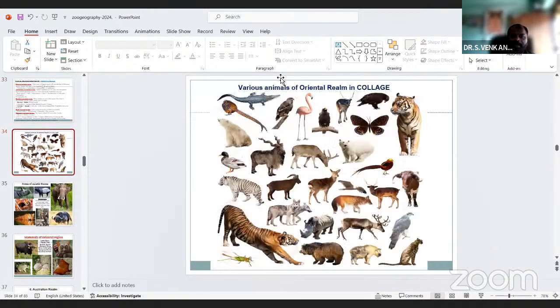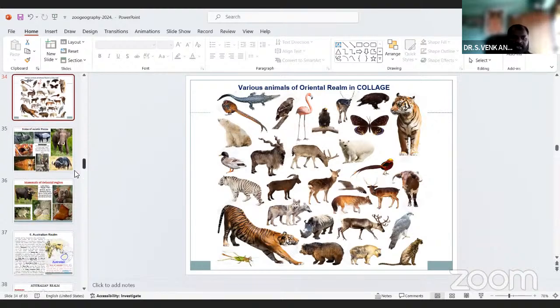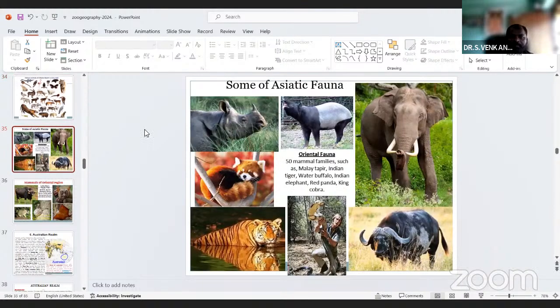So see the various animals of the Oriental realm. This is the crocodile, tiger, birds, and terrestrial animals and vertebrates. This is all the type of living in the Oriental and some Asiatic fauna.